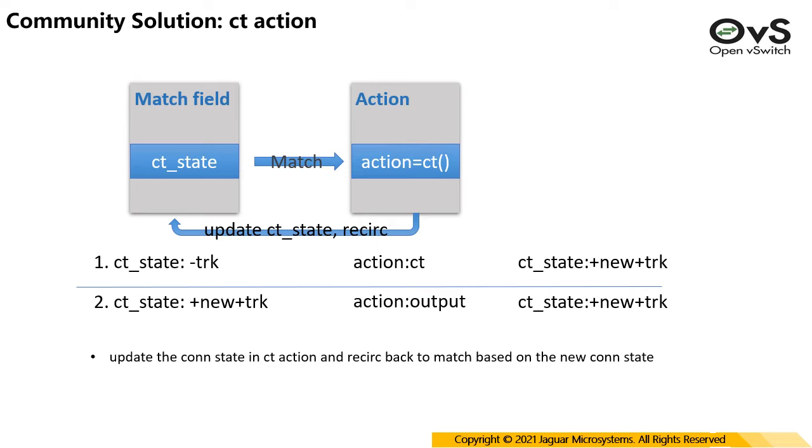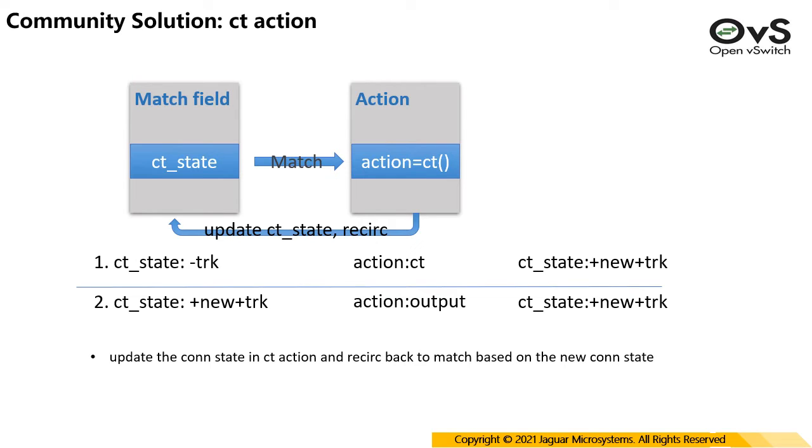In most cases, there is no action after this. Thus, the original packet gets dropped, and the forked one will be sent to the connection tracker, which will be re-injected into the OpenFlow pipeline to resume processing, with the CT state updated to tracked and new, which will match the